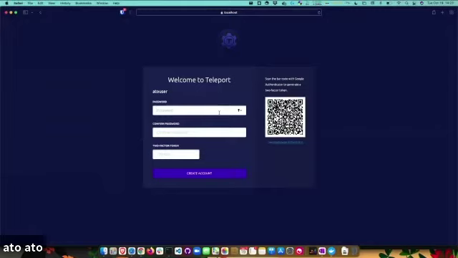Now I'm at the console. I'm going to log in, put in my password, and then a two-factor token. So I'm going to grab my phone. As we look at this from a security perspective, you can disable this if you're running this in your own cluster. I probably don't recommend doing that, but it is possible for someone to do that. So I'm going to create my one-time password, put this in, and create my account.